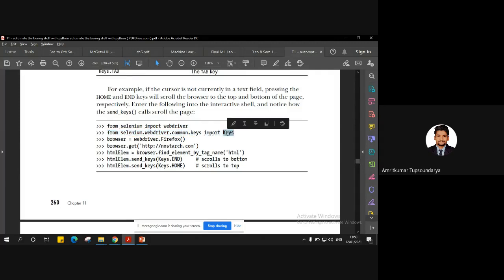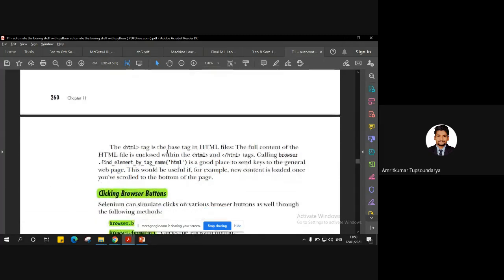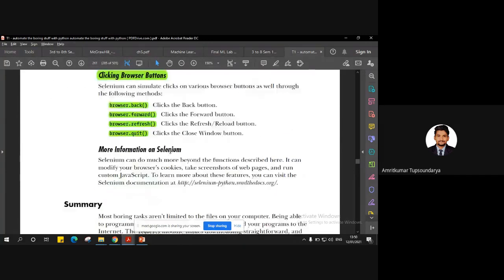So import Keys from that, and then once you have the browser opened and that particular site open, you can use any site, you can use the HTML elements to select that particular element and send those keys as the input. For example, Keys.END is scrolling to the bottom, Keys.HOME is scrolling up to the top, right? And so on. Likewise, there are other examples which you can implement. So the area of application depends on how you really want to explore these things, right?